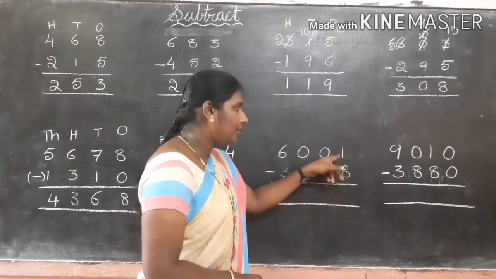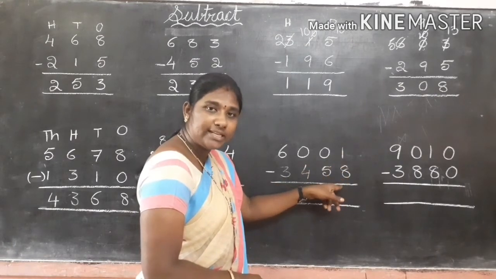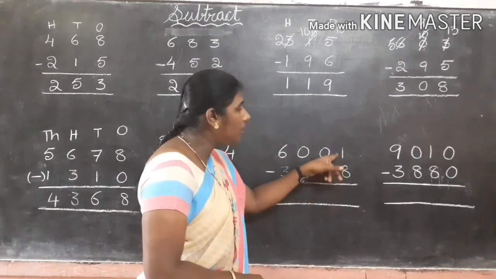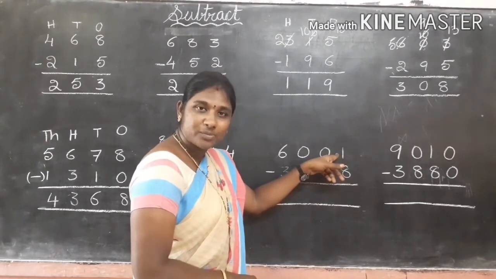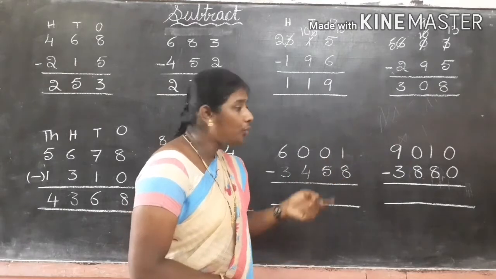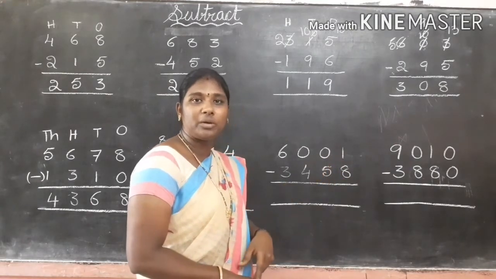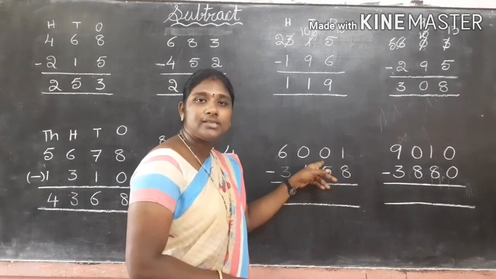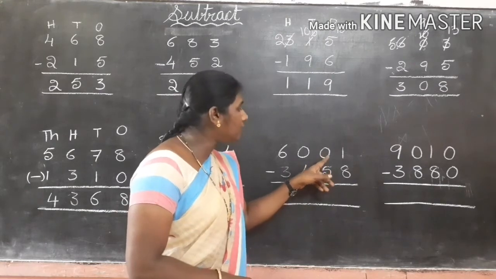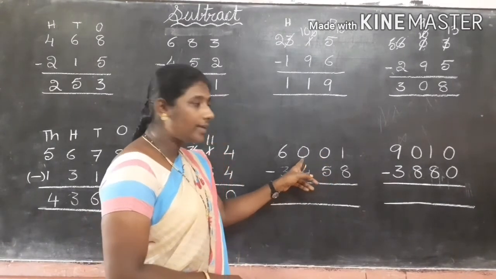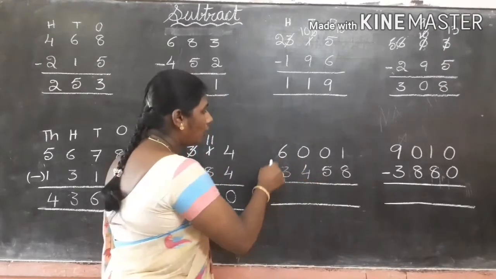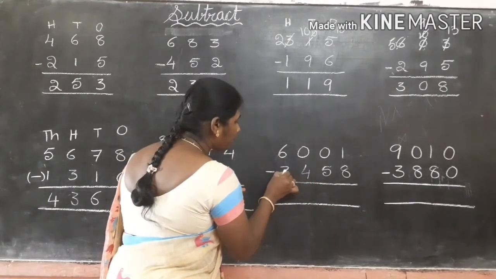1, 8. Here which is the small number, which is the big number? 8 is the big number. The small number is on top. Can we do subtraction? No, it is not possible here. Then what do we have to do? We have to take the borrow from the number before. Here the number before is 0. Then we have to take from the number before that, here also 0. So next we have to take from here.